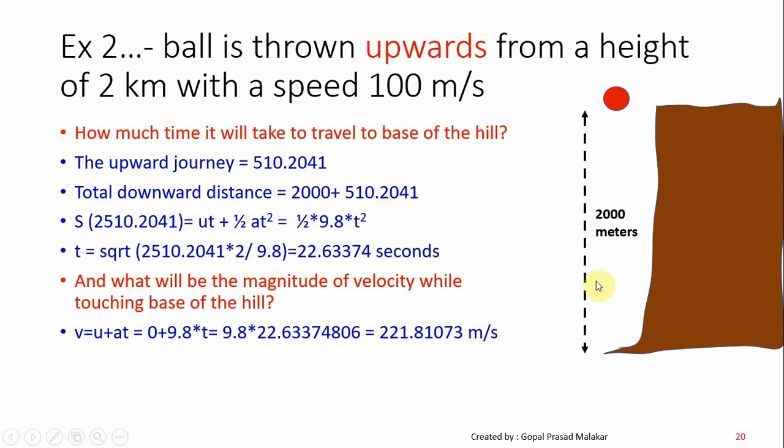So keep in mind, when you just dropped it from 2 kilometers, it was 197 here. But when you sent it upward, when it came down, its speed, its magnitude is more. Why? Because actually it went up. So it is as good as dropping not from 2000 meters, 2 kilometers, but as good as dropping from 2.5 kilometers.